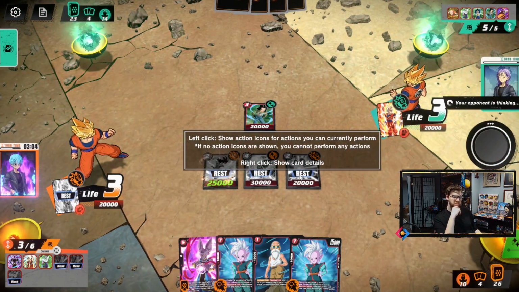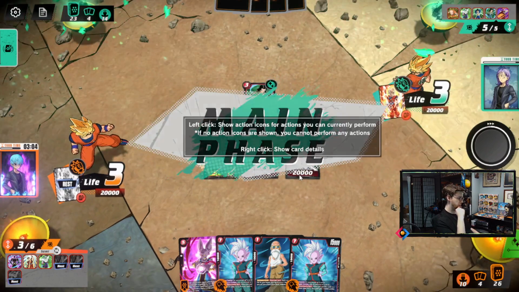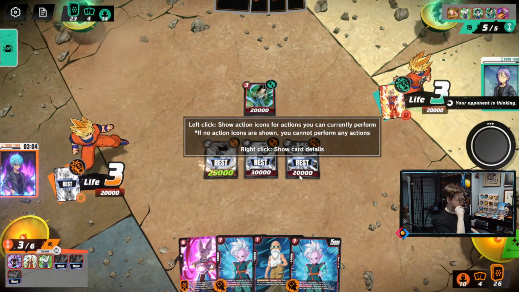Problem card here would be Beerus. If they play Beerus, Beerus would be probably the most impactful card because it can clear my Hit and my Goku, but that taps him out, and he goes down to 2 cards in hand, so that might not be the best thing for him. So we have to,